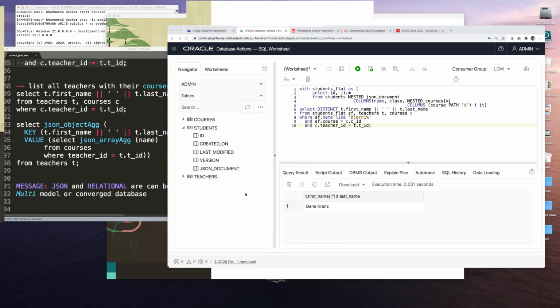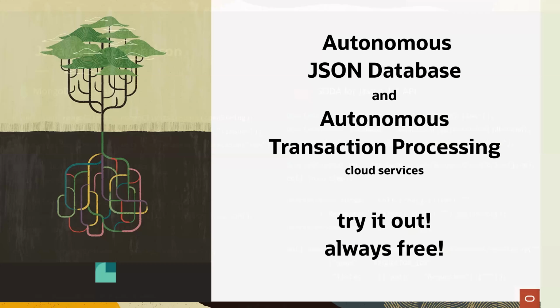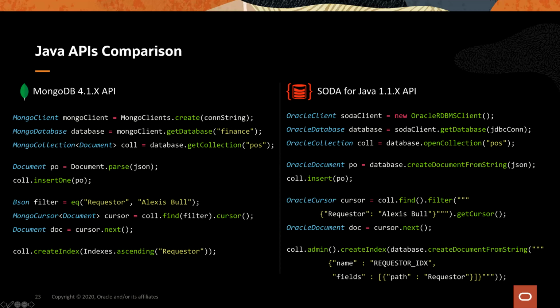Almost done, just last slides. This is how this Soda stuff would look like from Java. So you basically get a connection to your database and you can create or open a collection, and then you have these simple statements like a simple insert or a filter, all the stuff I've shown here. We don't have to go into details. This is just for developers who like that experience and who maybe have learned that using MongoDB. And our message is pretty clear that it's the same concept that you can get in Soda.